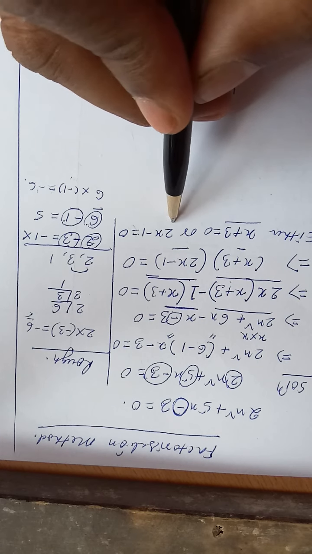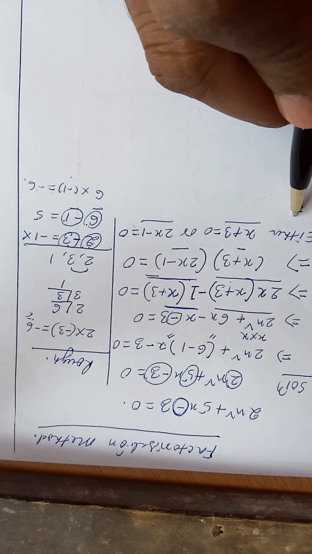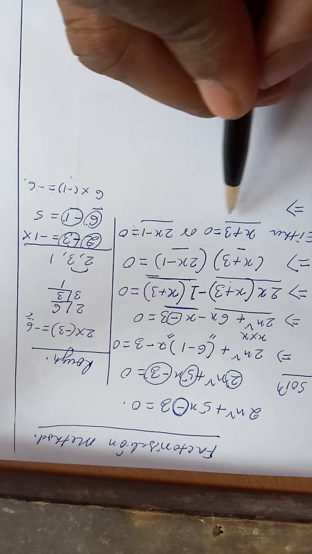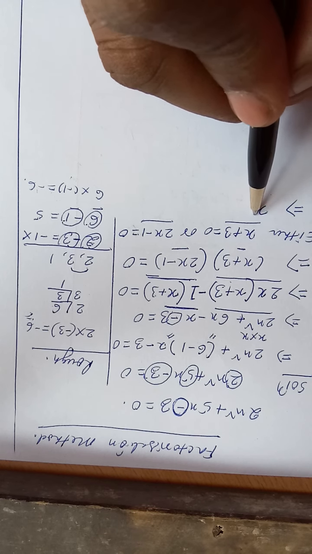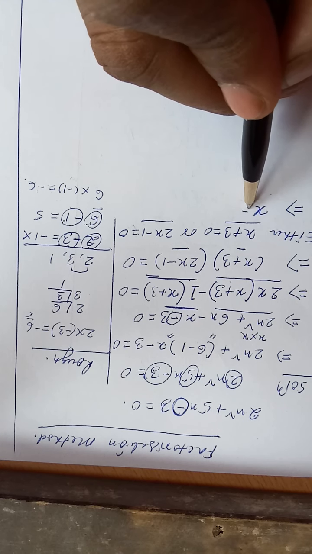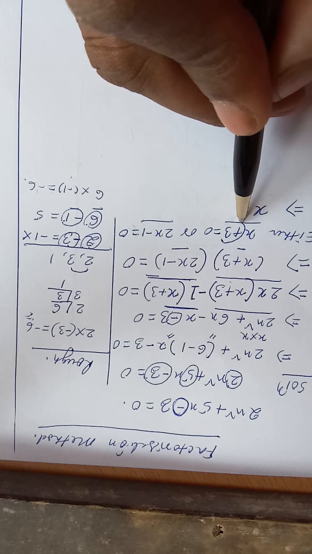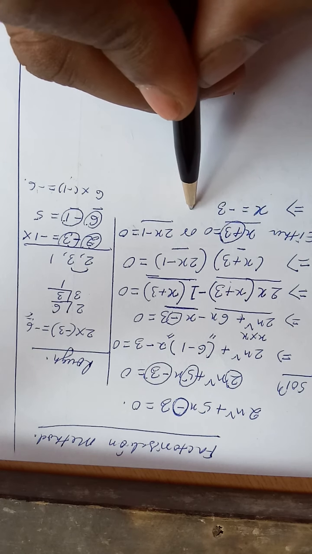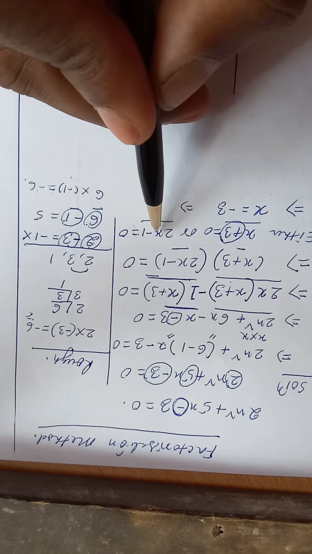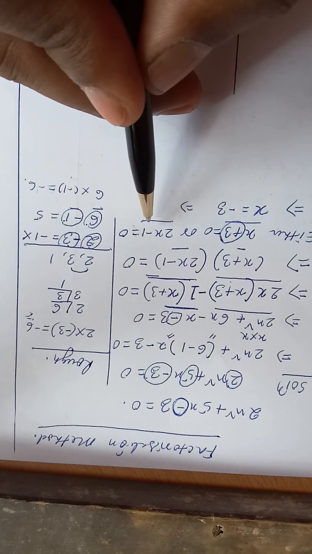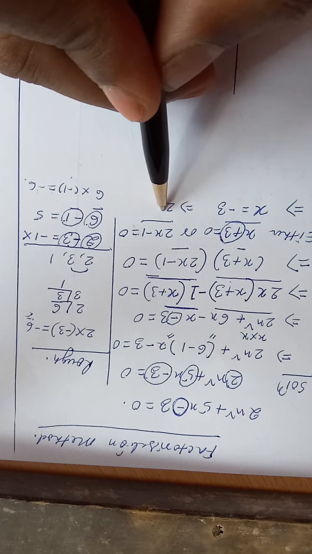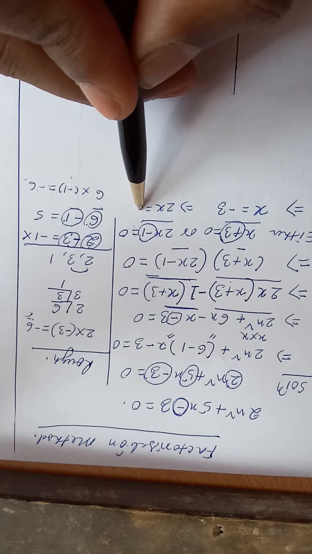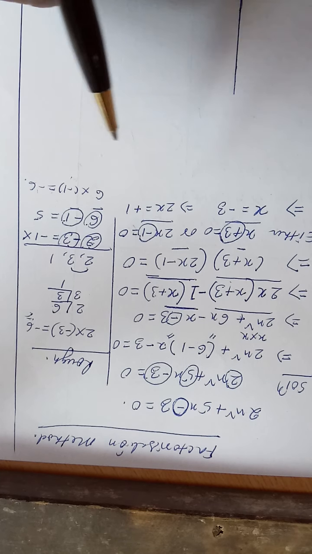It's a linear equation. It is very simple to solve. The numbers and the variable are to be separated. This x is the variable, it is kept on the left side, and this number plus 3 will be taken to the right side. This is plus 3, so it is minus 3. Here also the same, 2x is the variable, minus 1 is the number, so 2x will be kept on the left side, and this minus 1 will be taken to the right side, then it is plus 1.